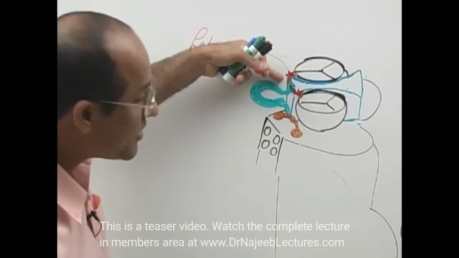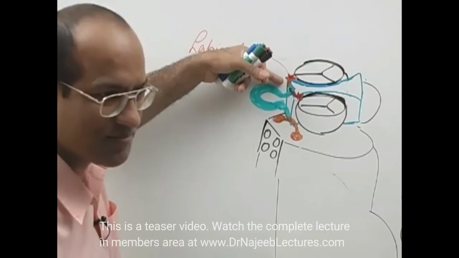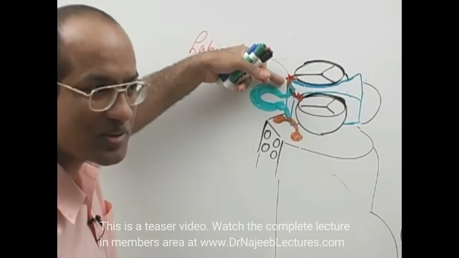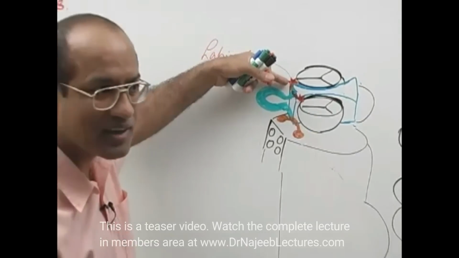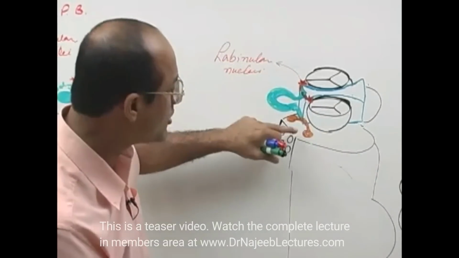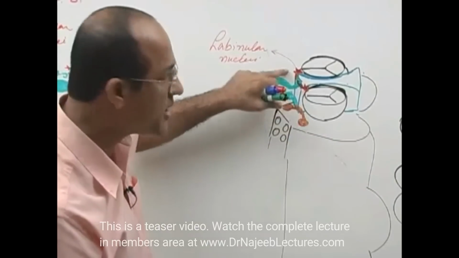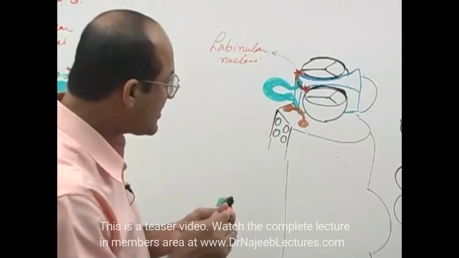This is called habenular commissure. It's so easy. They are connecting the two habenular nuclei. Habenular commissure. So next time you will not confuse the posterior commissure with habenular. Secondly,